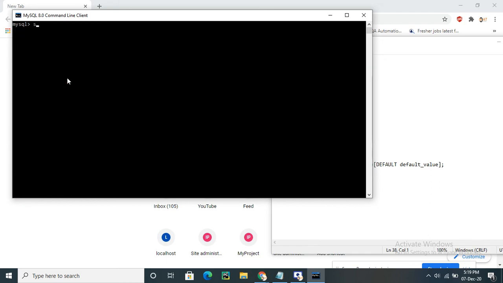Here you can SELECT @@ followed by the variable name. You can use it like this also. You can specify the variable name here. So this is the syntax. See, the variable name is here. You can specify any variable name, whichever you have set already. So this is about system variables.